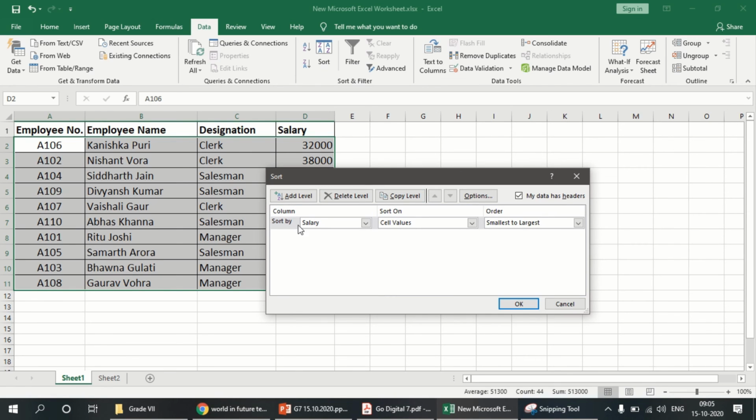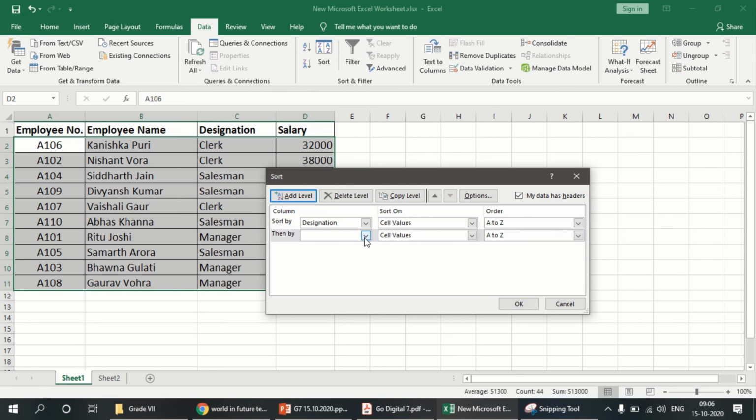Now you see, first we have to sort the designation of the employee. So first we will choose Designation, then Sort on Cell Values, and Order A to Z. Then we have to add one more level, so click Add Level.